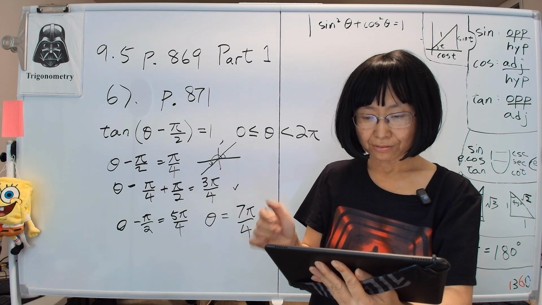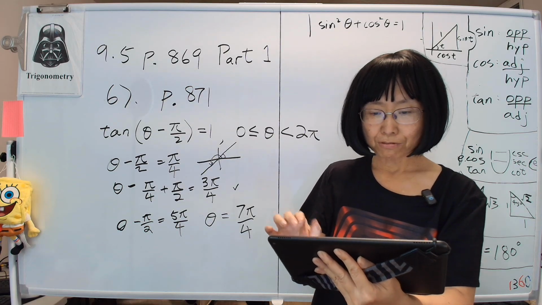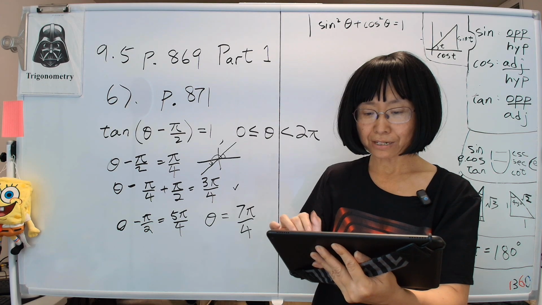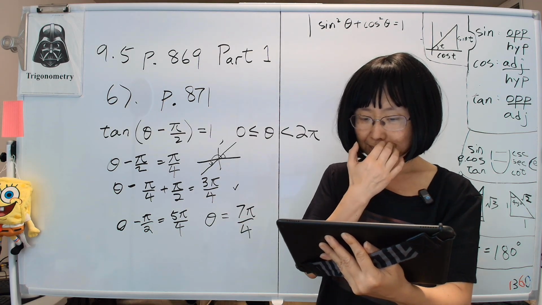Okay, so next, let's look at example 8, where it says sine theta equals 0.8, where theta is in radians. Okay, so what is theta? If sine theta is 0.8,